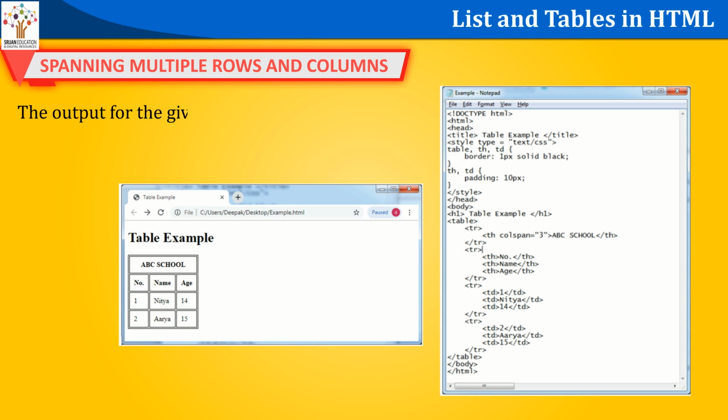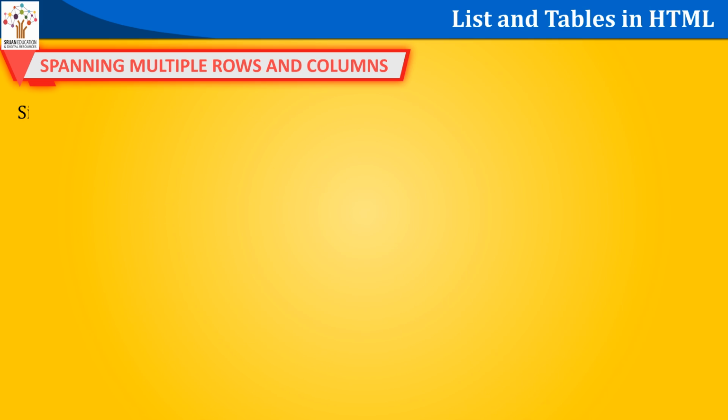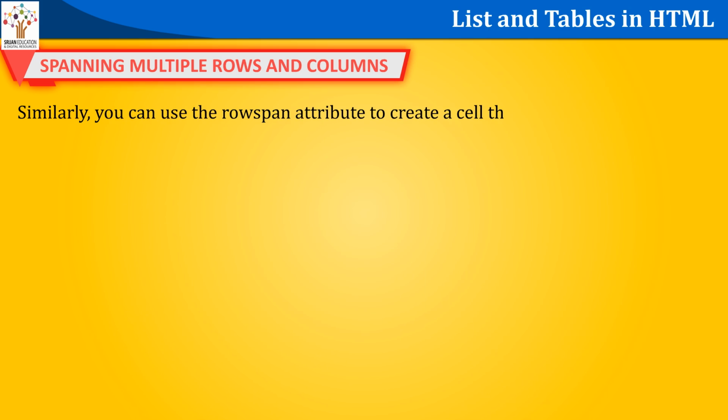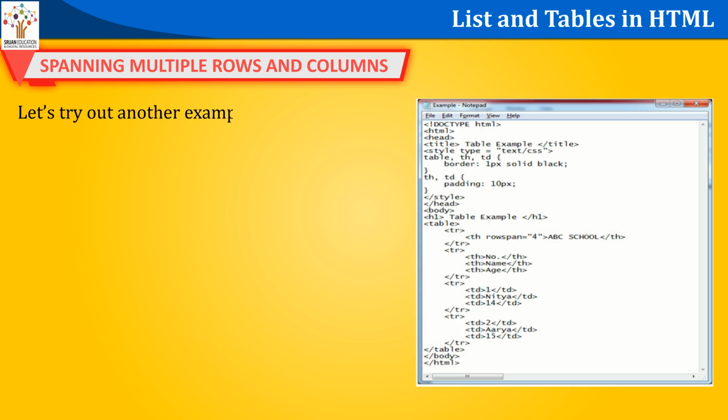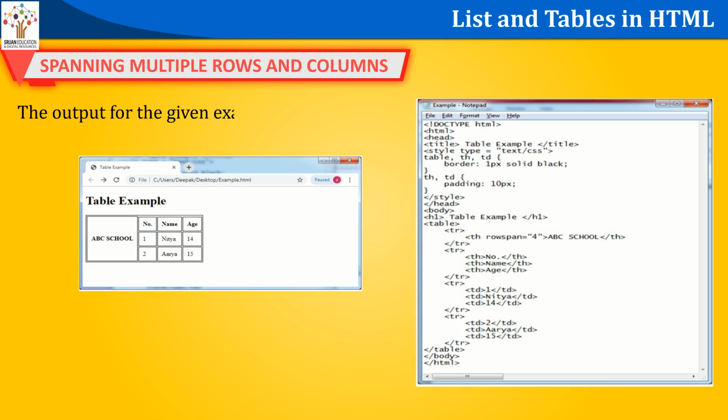The output for the given example is: similarly, you can use the rowspan attribute to create a cell that spans more than one row. Let's try out another example to understand how row spanning basically works. The output for the given example is